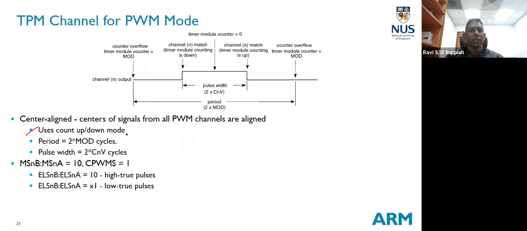So in that case, you can see that the period is double and the pulse width is also double. Okay, based on the CNV. All right, so I will count up and then I'll count down, and then when it's 0, again I'll go count up and count down. All right, so again, the configuration of these registers here will determine whether I have high true pulses or low